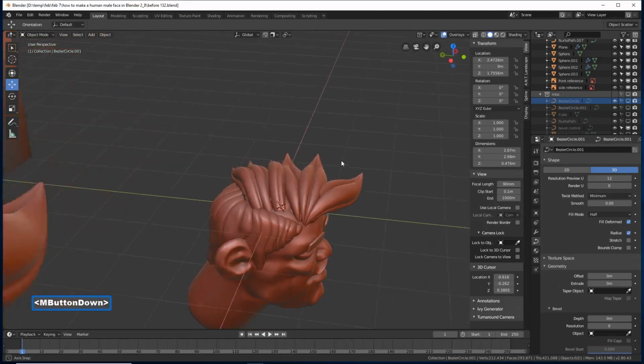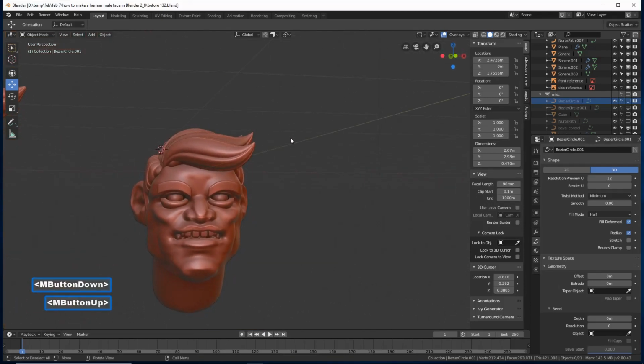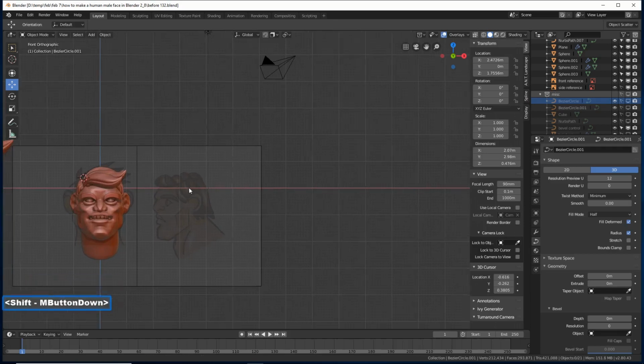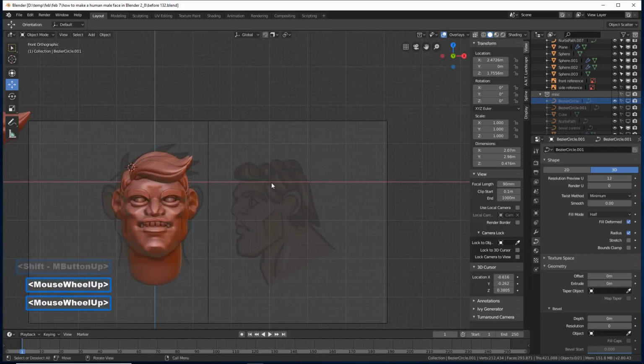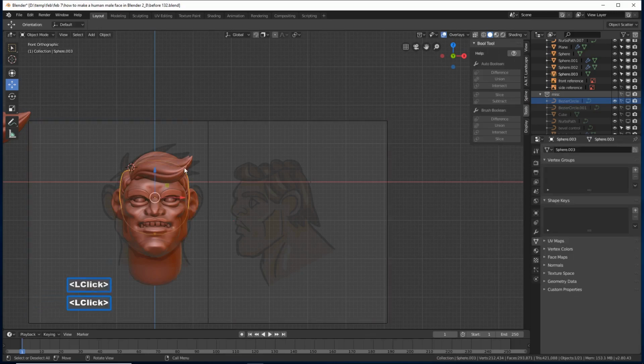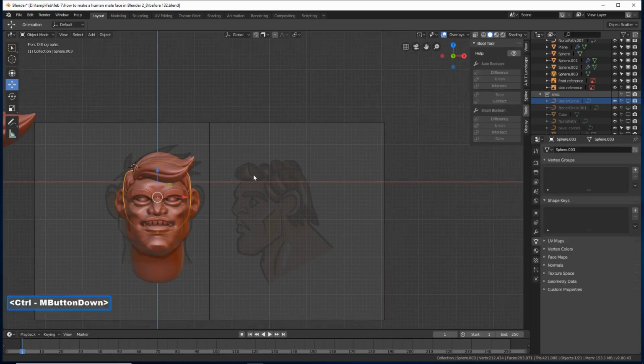Hold the middle mouse button to take a look. I'll press 1. Zoom in. I'm going to click, trying to click, hold,